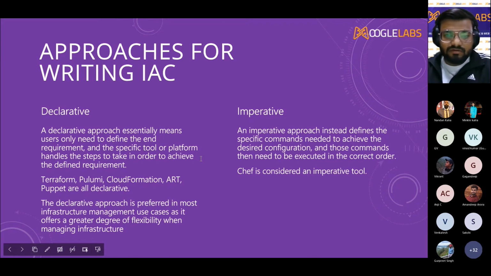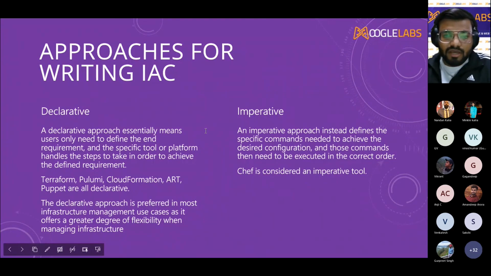And you can say what you want your computer to look like, and the computer does the work and makes it happen. And to move on to our next approach, that is the imperative approach. So it is a little different. Instead of telling your computer what you want it to look like, you have to give it more detailed instructions on how to get there. We can take a simple example of Legos, where you have a Lego set and you have a few instructions to follow for building your Lego set.